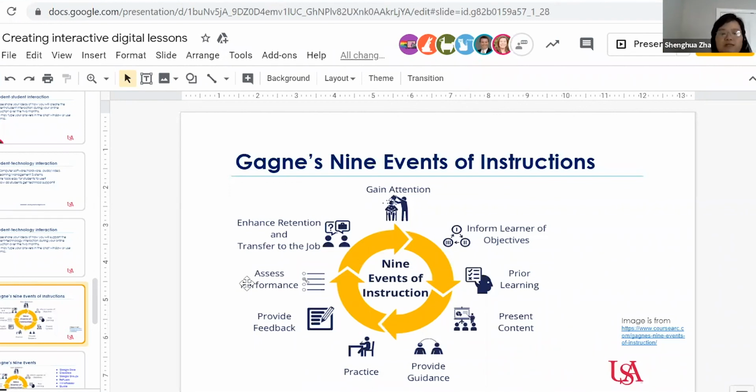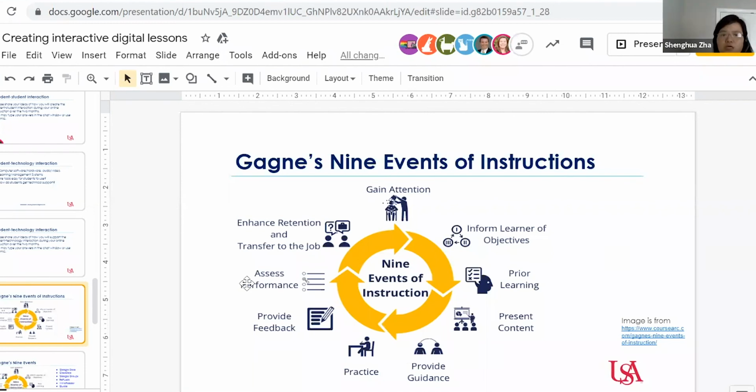We may have different formats of the lesson plan, but most lesson plans comply with Gagné's nine events of instruction about the flow of a lesson. So I'm using Gagné's nine events of instruction just for us to go through the flow of the lesson together. And then